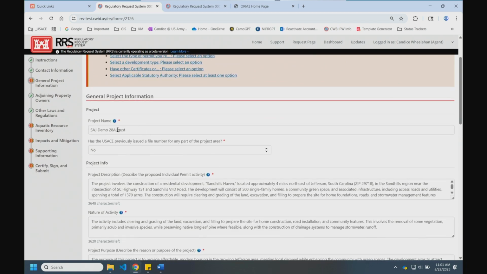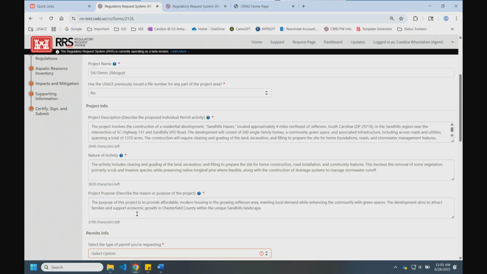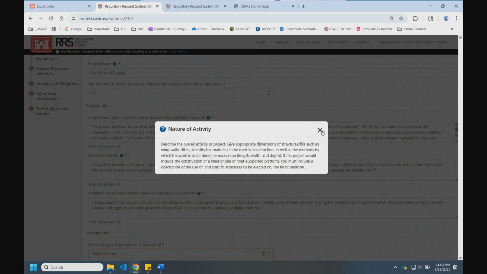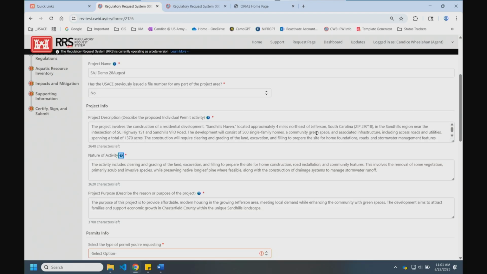This is all information brought in from the beginning where I put in the location, what's the name, is it existing, and then this looks very familiar because it's part of our application. Describe your project. What's the nature of activity? What's the project purpose? But now it has help bubbles. So before people would write like 2 words because it's very vague. What does nature of activity mean? Well, we could tell you, but most other people can't. So now there's help. And so I think as we get using this, we're going to get much, much better,